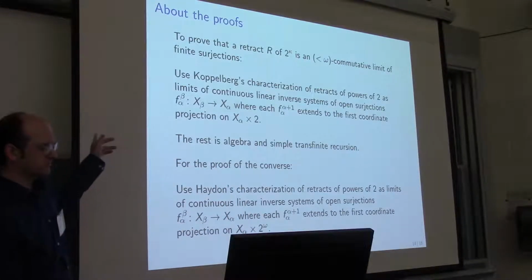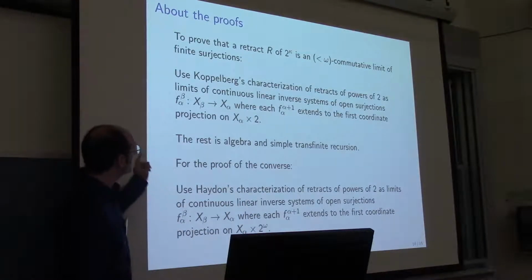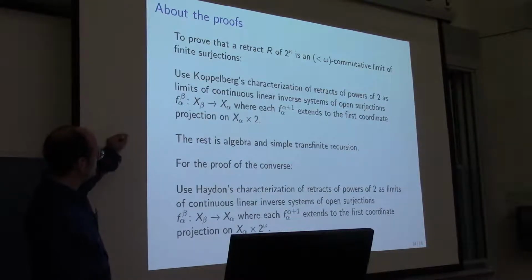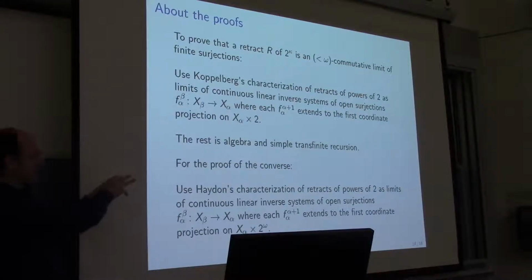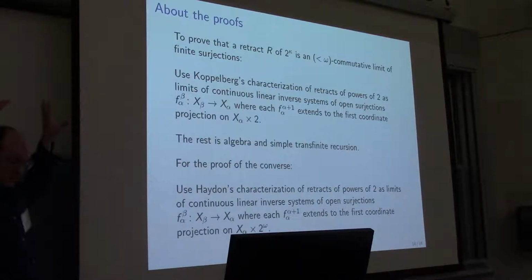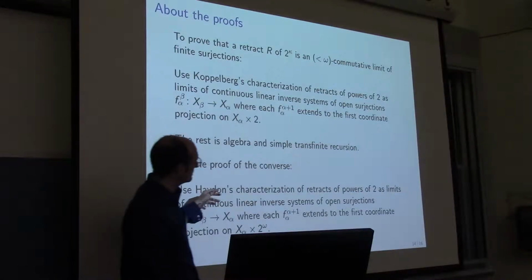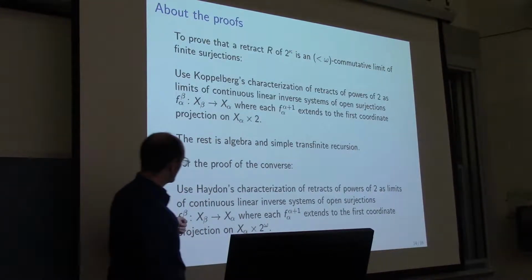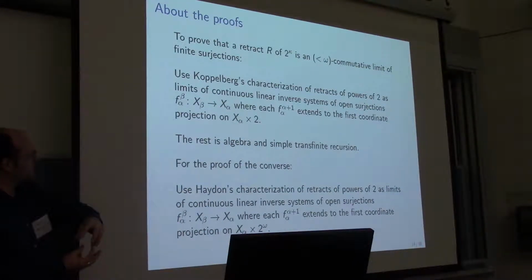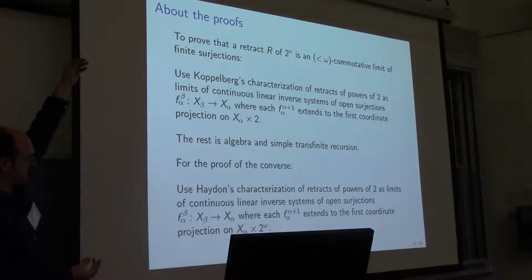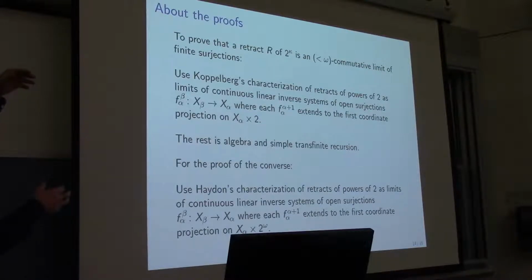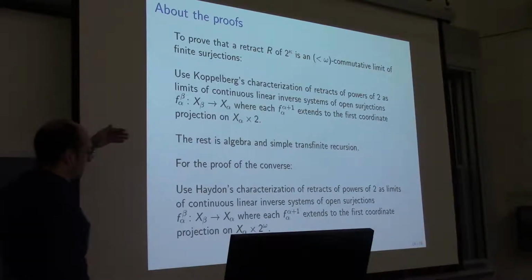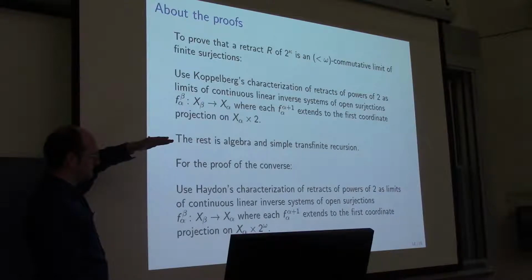And coming back to the proofs, in the converse direction, to go from a big commutative inverse limit of finite discrete spaces to getting that you're a retract of the power 2, use this characterization that says, okay, you're this big subspace essentially of 2 to the kappa, and if we look at some restrictions, say, to initial segments, where you project down to the alpha, then you can ask,